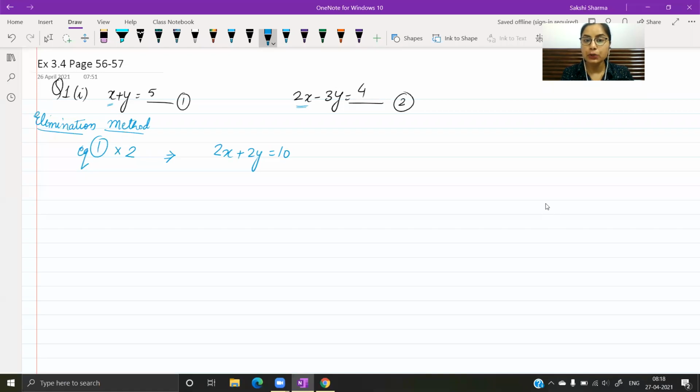After that, this new equation is to be combined with second equation. First को modify करके मैंने एक new equation बना ली. इस new equation को आपको second equation के साथ either add करना है या subtract करना है, keeping in mind which term you want to eliminate. Since I want to eliminate the term with x, इन दोनों के signs same है, I can simply do subtraction.